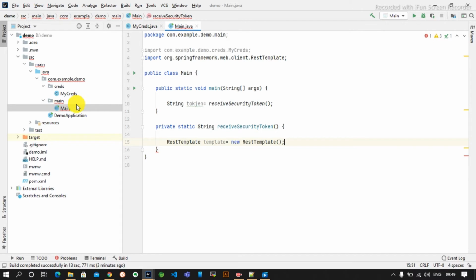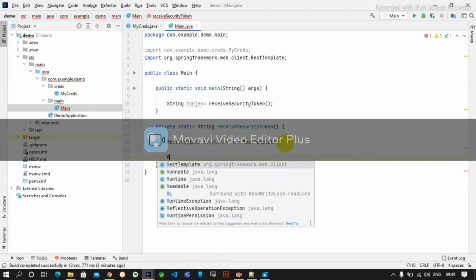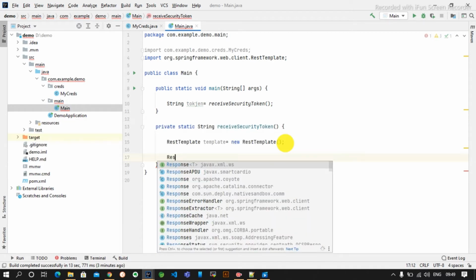But I have created a main method, as you have seen, for simplicity to show you. We can use it as a Spring project also, but for simplicity I have created a main method and I am using the RestTemplate here. To get the response, to get the security token, we need to hit some endpoint. For this we need to create the request entity first.